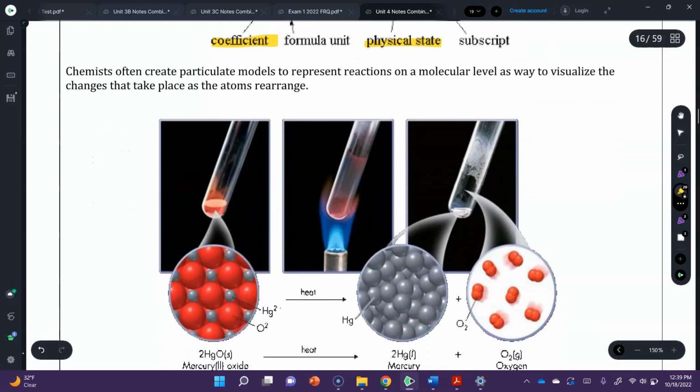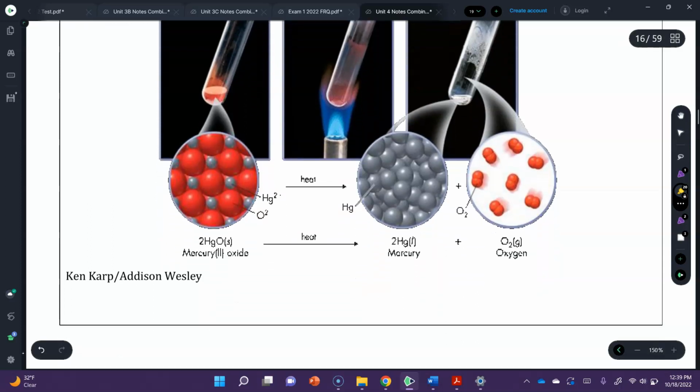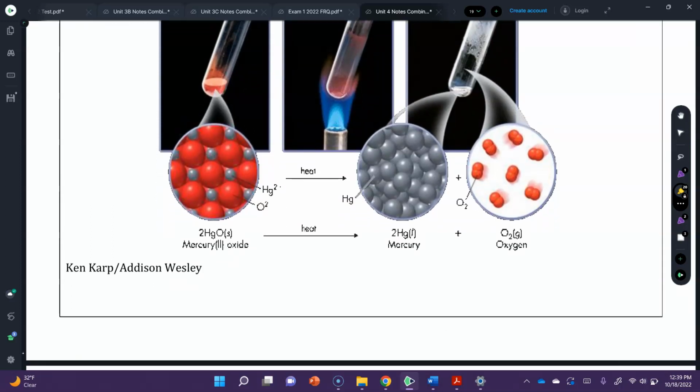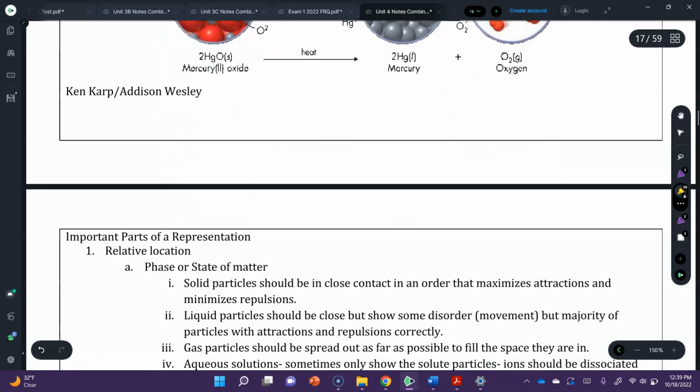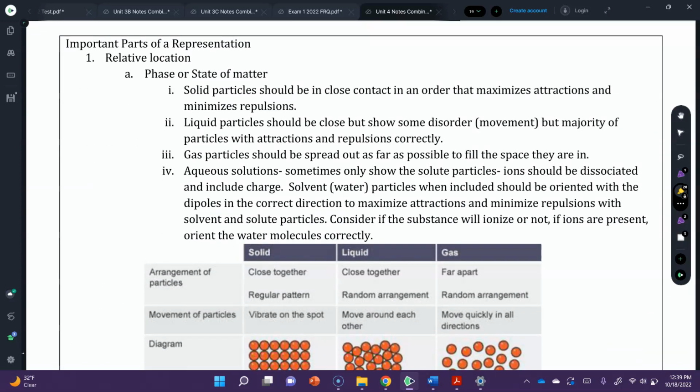Chemists often create particulate models as well to represent reactions on a molecular level as a way to visualize changes that take place as atoms rearrange. So here we have a visual of what's going on at the molecular level, or particulate model, for the reaction that we started with. So some important key parts of a representation: make sure that you're paying attention to the